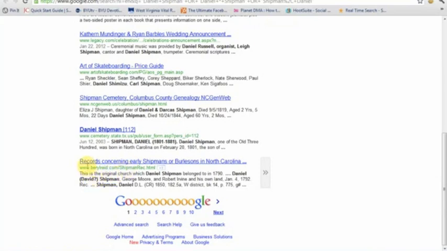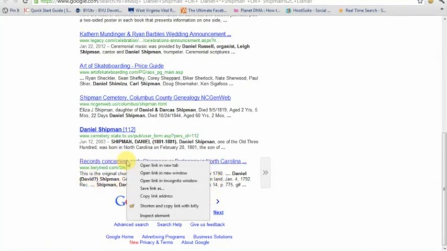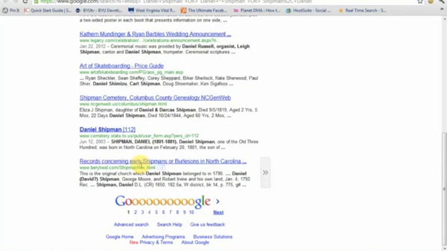This is records concerning early Shipmans or Burlesons, and Burleson is the maiden name of one of his wives in North Carolina, and I know he lived there, and some of these names and dates look familiar. So I'm going to right click on that, and those of you who've been with me before know that this right click open a new tab is one of my favorite things. It just opens the search results up here